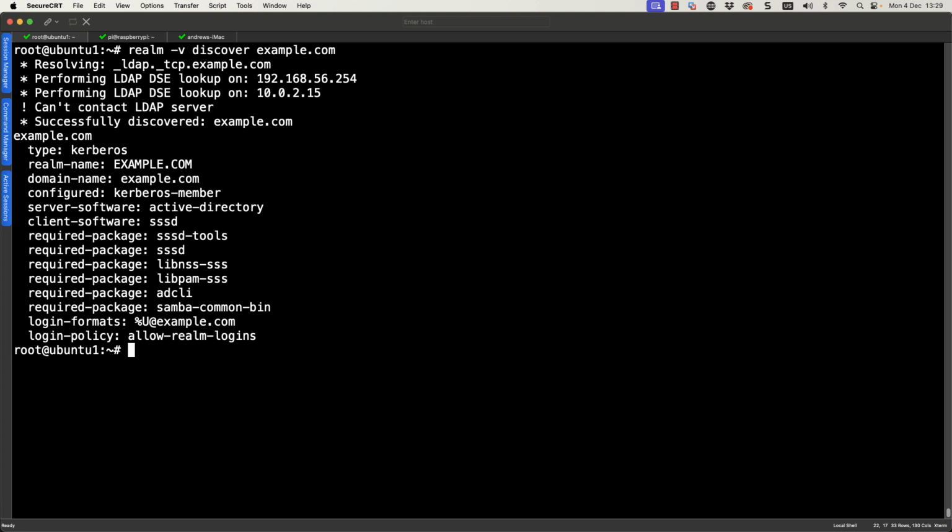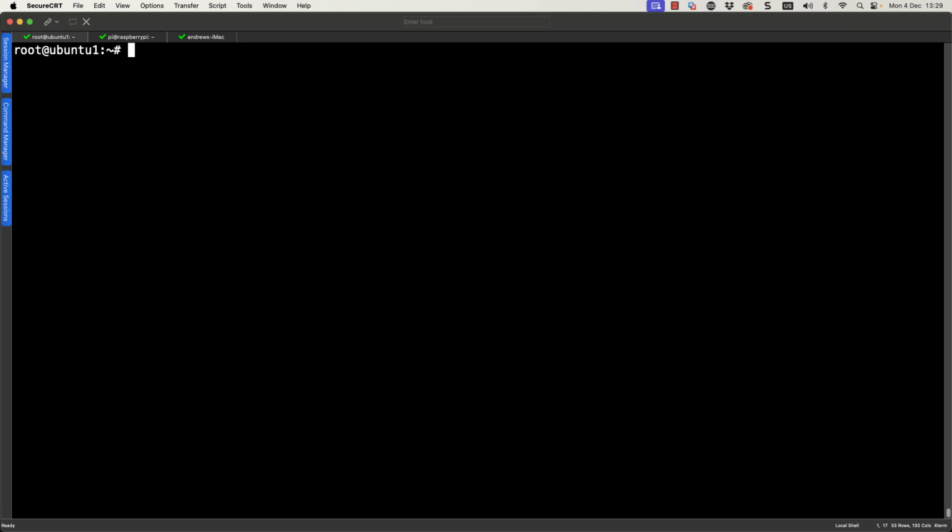Now, you may well be guessing by now that we are pretty far down the track, and you are almost there. We just need to make a configuration to the SSSD file. So we're going to open up /etc/sssd/sssd.conf.